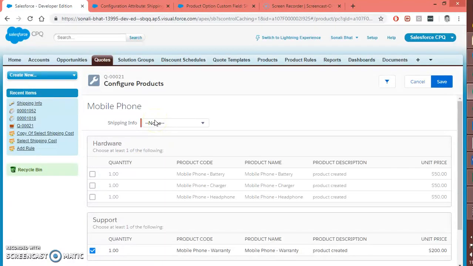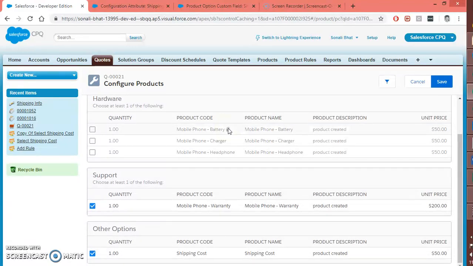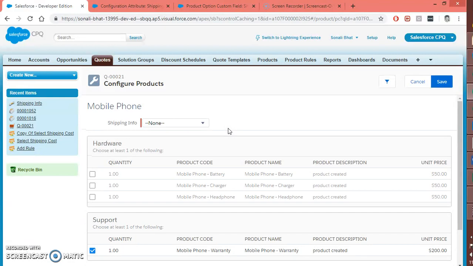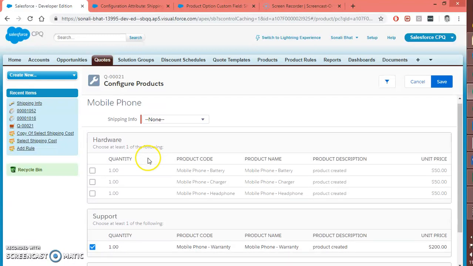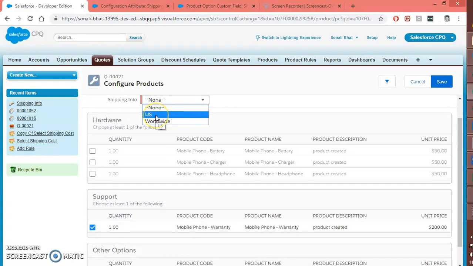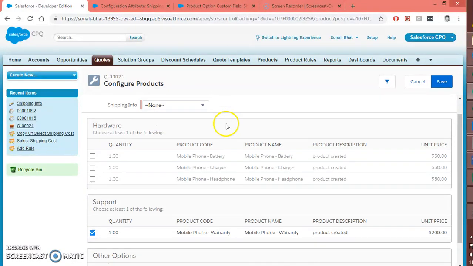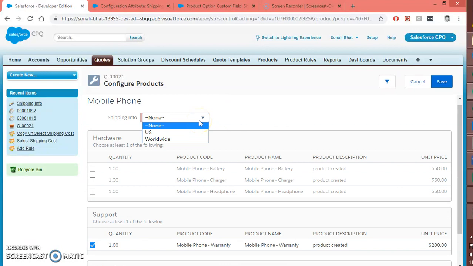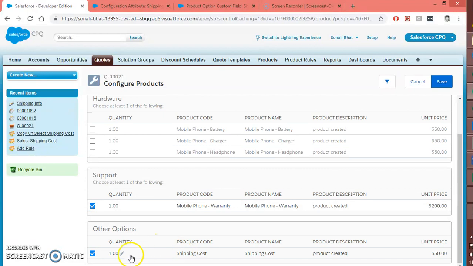Alright, so now it's on top of all the product options. As I said earlier, I need to use this configuration attribute in such a way that if the user selects the US as the shipping info, which is kind of a delivery address, so if it is going to be shipped within the US, then I want to restrict this product option. Right now we have a product called shipping cost, and it is 50.